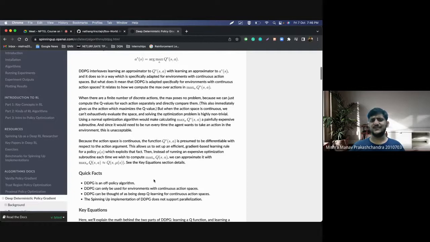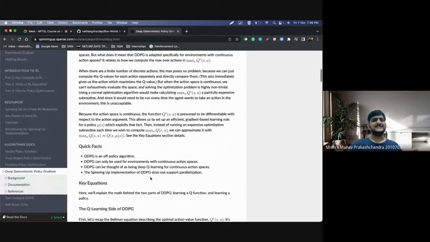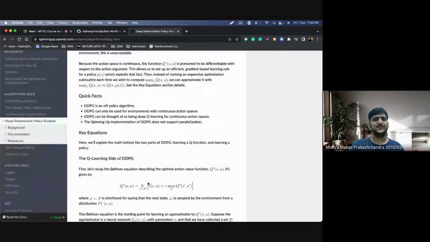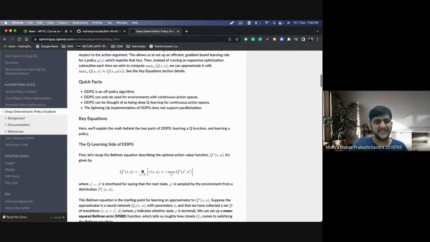This noise is explicit noise that you are adding. It's not implicit in DDPG. So exploration is something which is explicit, right? If exploration is not done, then more often than not, you will end up with a suboptimal policy. So this is something that needs to be taken care of.